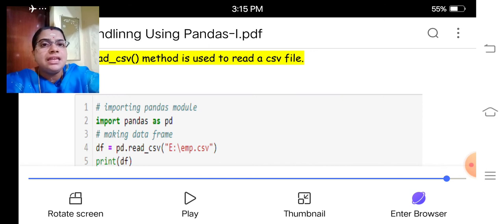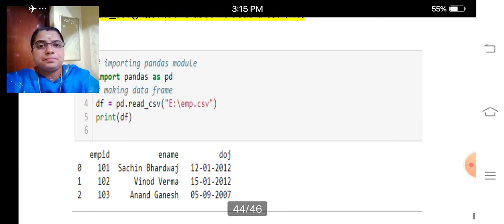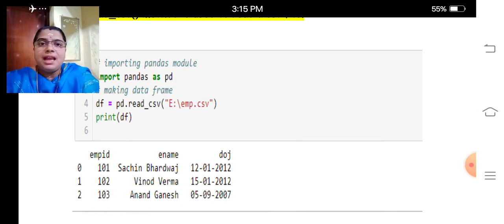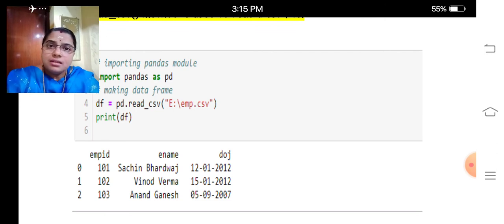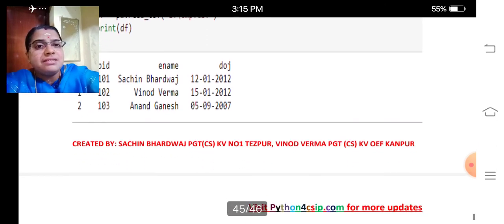Please try this in your Pydroid. Or you can use your laptop and create an Excel file. Try to make a data frame by getting the values from an Excel file. So look at the example output. So we will get the values which we had stored in Excel in the Python. So look at the next function.